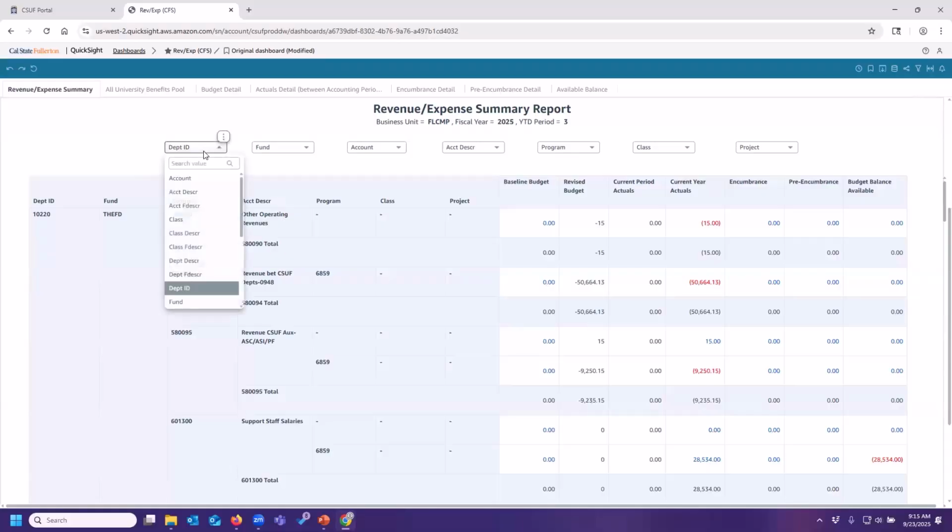And as with before, you have the option to choose which chart fields that you want to see and in what order using these drop-down menus. When you click on one of the columns over here, you have the options to expand or collapse. So collapse is hiding it. So you can sort of hide like fund code if you want to. You can do the same thing when you click on a row. So I can collapse this. Focus will kind of remove the other contents here. So you can kind of focus just on this particular chart field or this particular row.